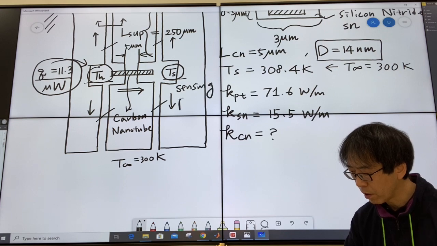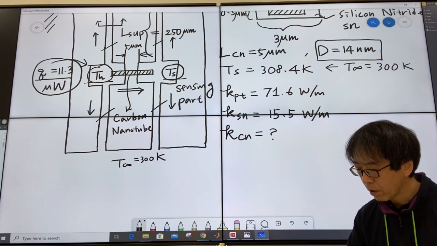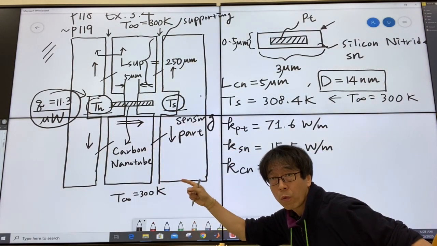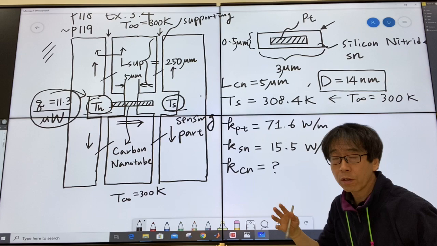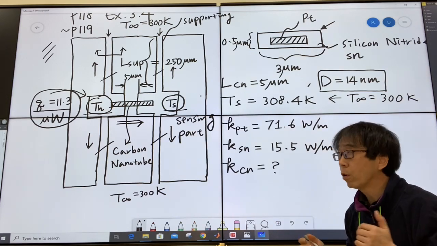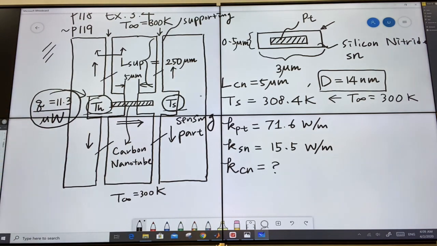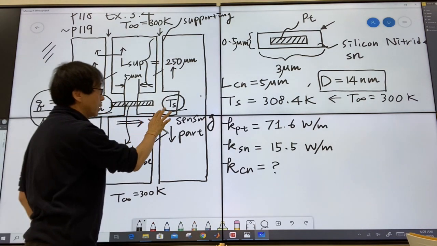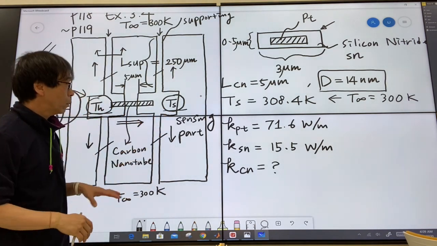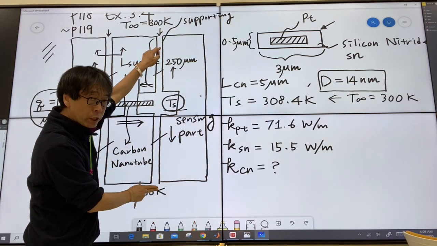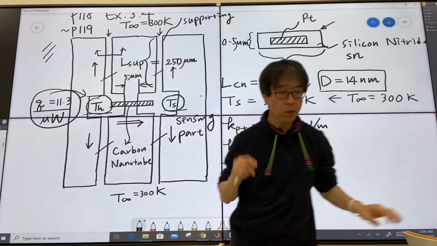Sensing part. These two elements are identical with each other. On the left hand side, we let the current flow and generate the heat. On the right hand side, we don't let any current flow. Somehow we can measure this resistance, and the resistance change will